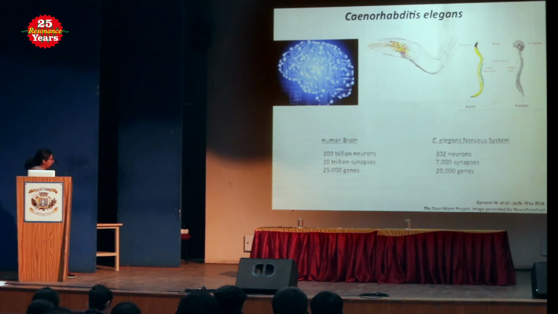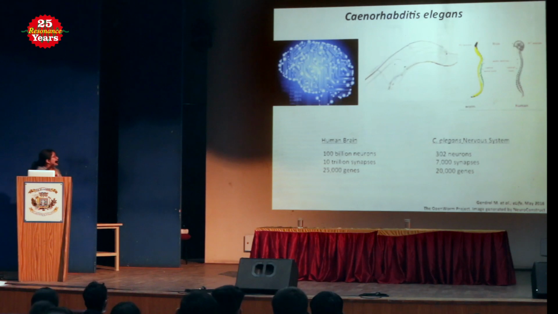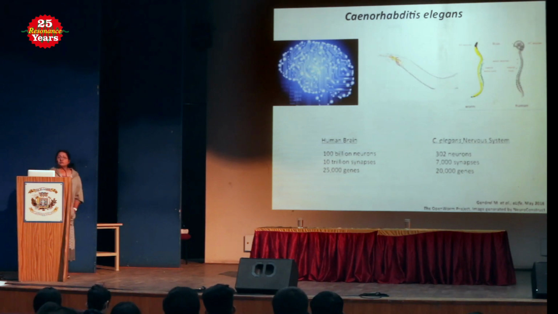However, humans have around 25,000 genes that code for proteins. C. elegans, on the other hand, has 302 neurons, 7,000 synapses. We know where every single neuron in this animal is. We know where every single synapse in this animal is. But it has 20,000 genes, which is very similar to the number of genes that are seen in the vertebrate